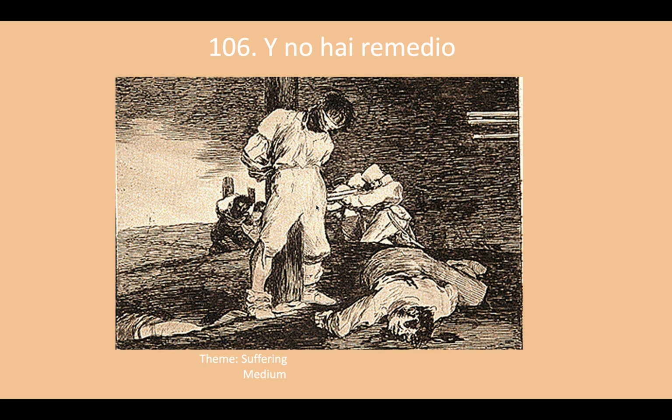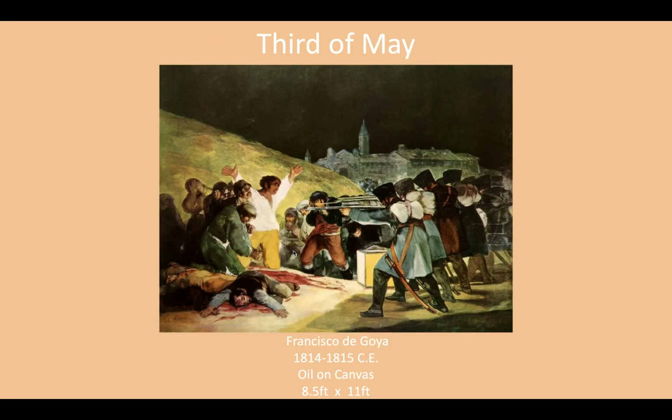Now, I know that what they gave you is one of the 82 pieces from this series, but this one in particular, because there is no remedy, was actually the basis for Goya's probably most famous painting. So the painting that Goya did is then this one. And Goya creates this painting, The 3rd of May, to show you a more fleshed out version of this, right?